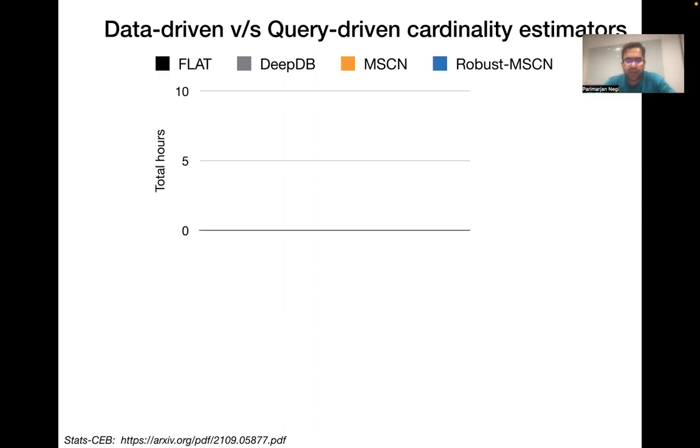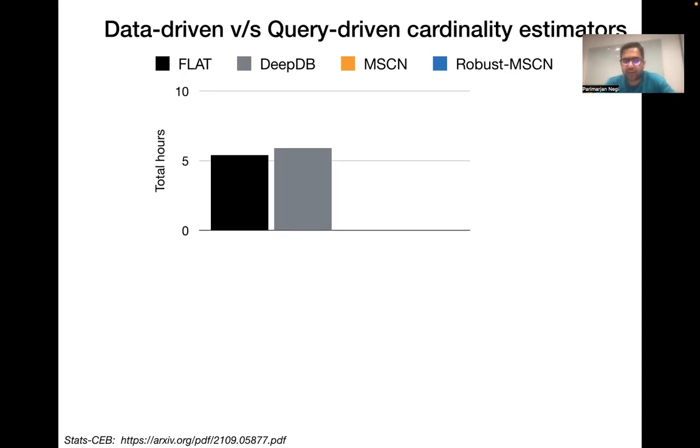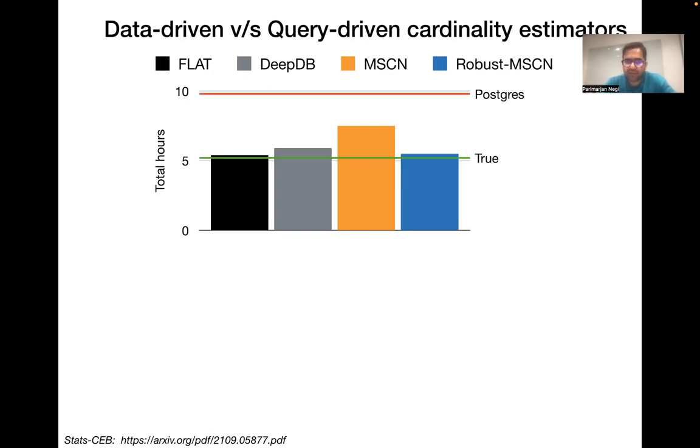Here, based on one of these benchmarking papers, we compare various models and our model as well on a particular database. This is the end-to-end query latency performance. It looks like this. So the data-driven models do quite well. They're actually really close to optimal performance. Our model sort of improves on MSCN, but the key differentiating factor between query-driven models like MSCN and data-driven models